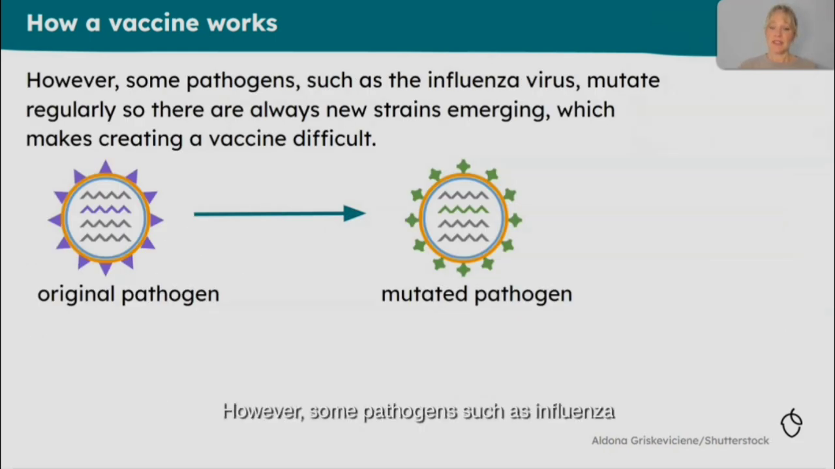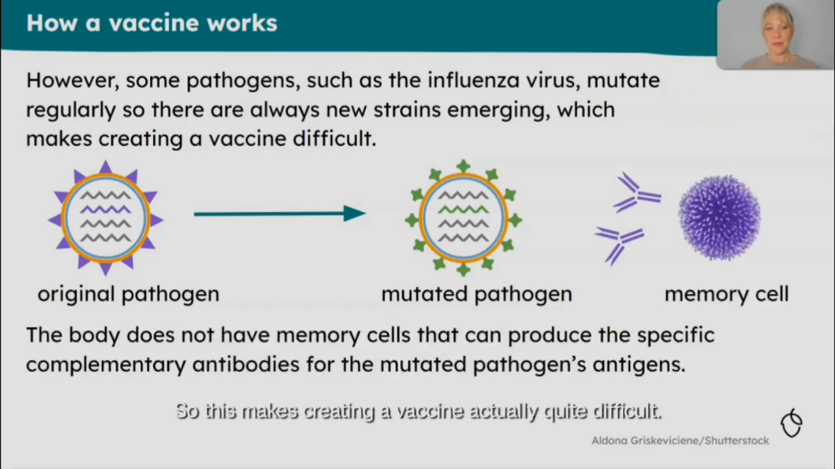However, some pathogens such as influenza are actually able to mutate regularly, and so new strains emerge all the time. Mostly year on year, we have different strains of influenza. So this makes creating a vaccine actually quite difficult. The body does not have the correct memory cells that can produce specific complementary antibodies to the mutated pathogens' antigens. And so this means that even though you may have had a flu vaccine last year, the new strain